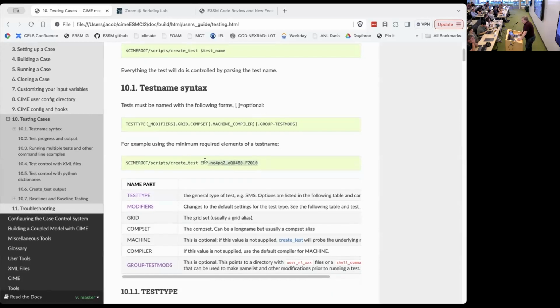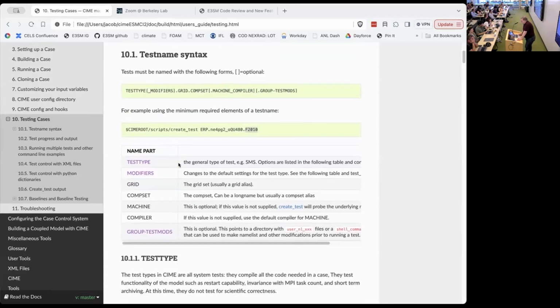So here's an example. I'm going to run the ERP test on a case that has this low resolution test grid configuration that we use. And it's an F case with the constant 2010 forcing case. So the test type, this first part, is the general type of the test.